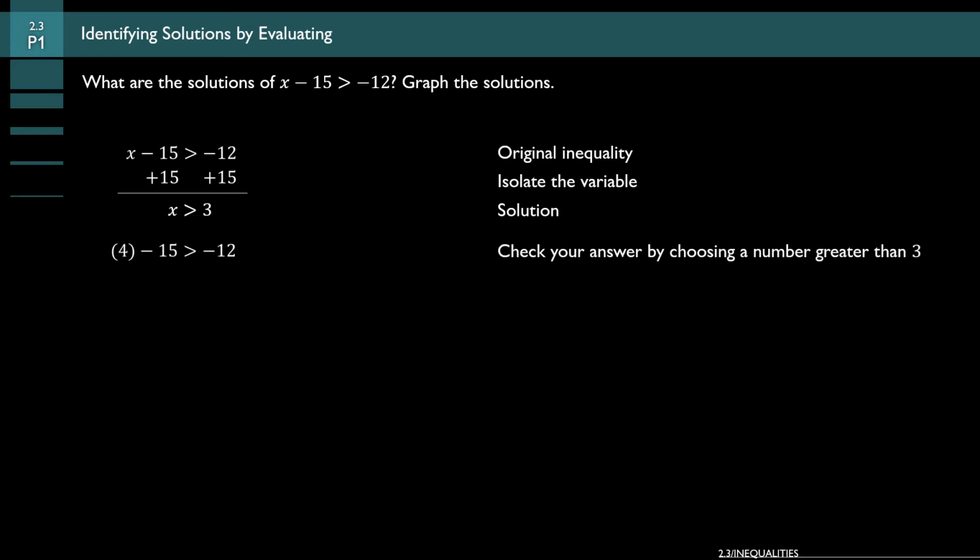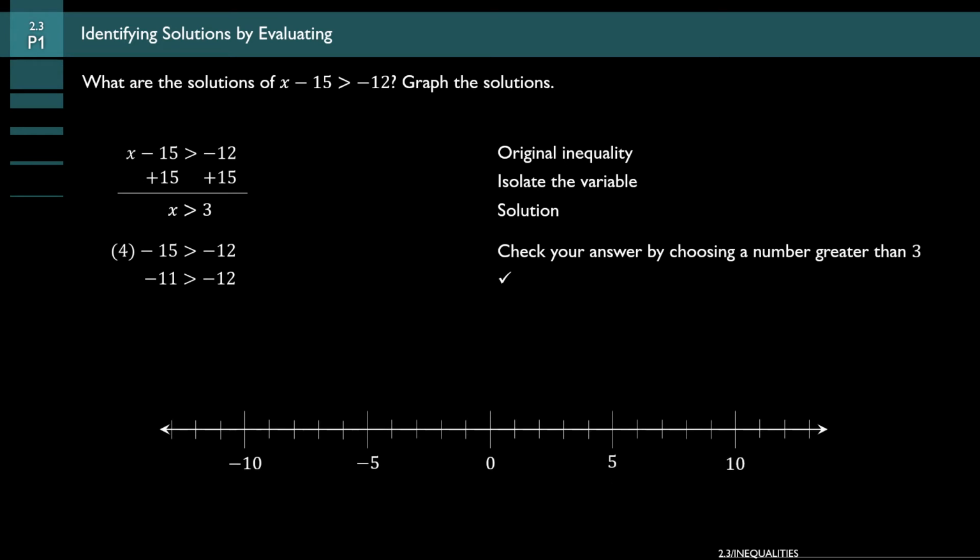So what is a number that's greater than 3? Well, 4. So let's plug in 4. So 4 minus 15 is greater than negative 12. What's 4 minus 15? It's negative 11. Is negative 11 greater than negative 12? Yes, it is. So now that we've confirmed that our solution is correct, we can go ahead and we can